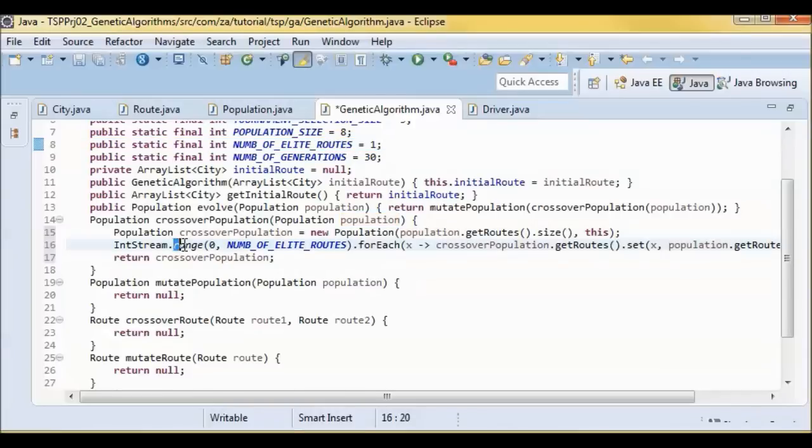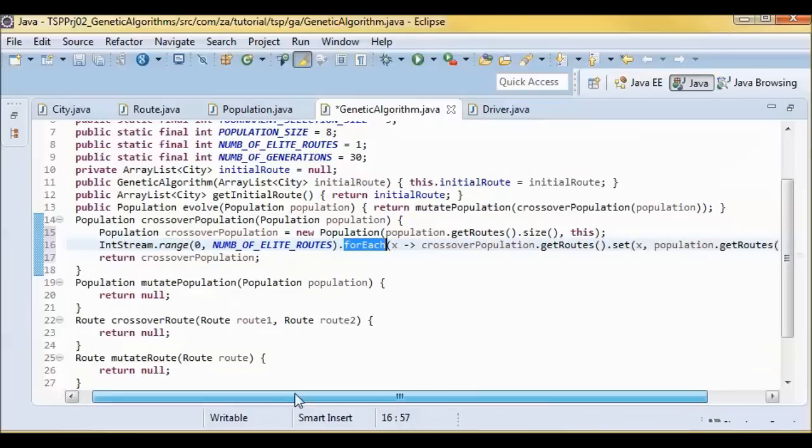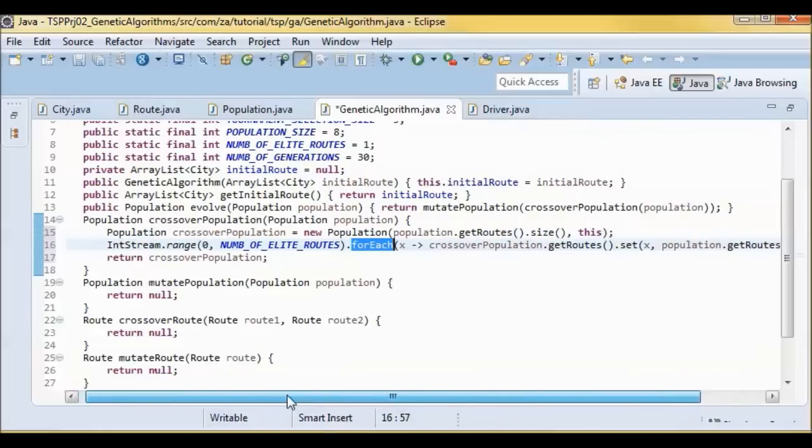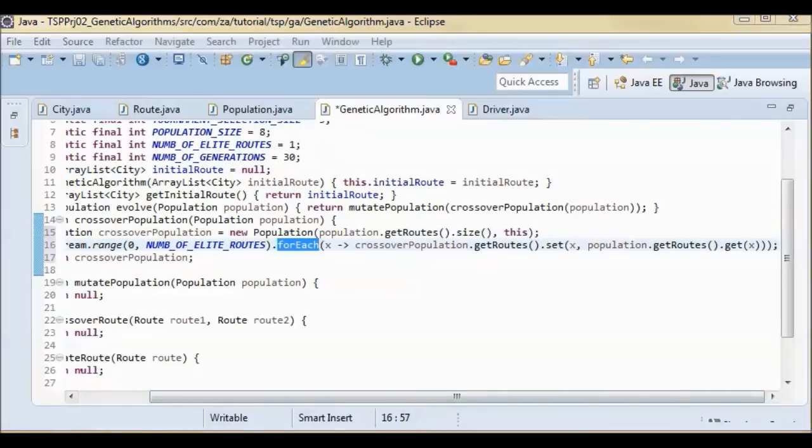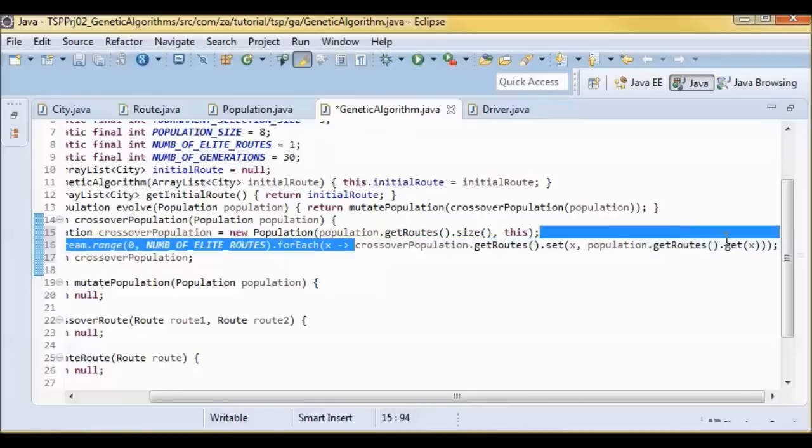So we will use the range method on IntStream, and then do for each one of those elite chromosomes, we will put it in the crossover population as is.